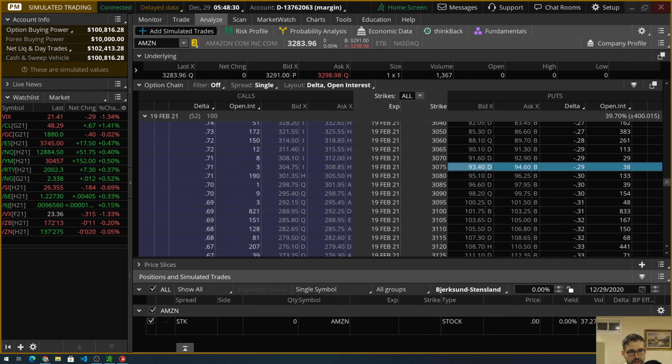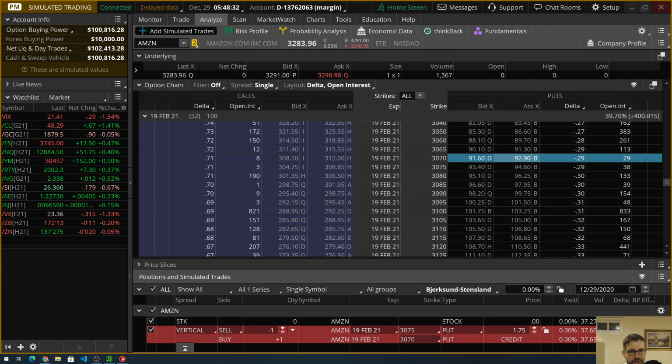That's weird. Let's try that again. There it is. Okay, cool. So now we're looking at our short vertical. We're going to collect $1.75 credit. So we're getting paid to take this risk. Of course, we're going to pay, so we're going to get paid less than we can lose, but the probabilities